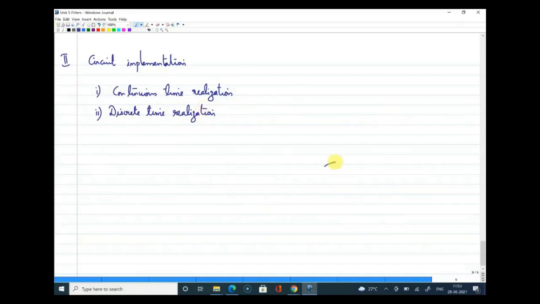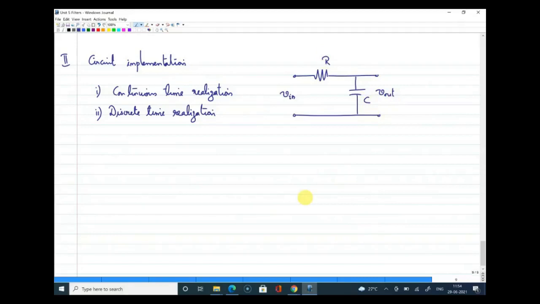That means with the help of, I'll take one example. Say if I want to implement a low pass filter, I'll take a resistance and I'll take a capacitance like this, and I'll implement. Here I'll apply the input signal, here I'll take the output. And if I use a resistor and capacitor in this fashion, the response you get will be a low pass response. We'll see how that is a low pass response shortly.